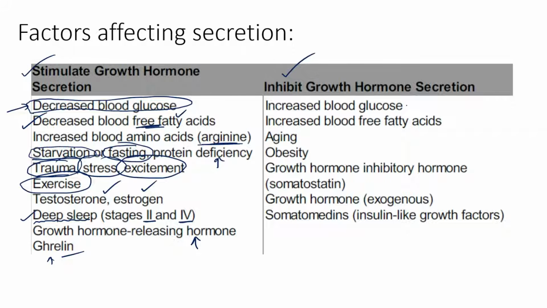No prizes for guessing. Increase in the blood glucose level. Hyperglycemia is going to inhibit the growth hormone secretion. Also increased blood free fatty acid levels, aging, and obesity. And one very important hormone coming from the hypothalamus is growth hormone inhibitory hormone, which is also called somatostatin. Exogenous growth hormone, and very important are these polypeptide compounds which are produced from the various tissues on which the growth hormone acts,